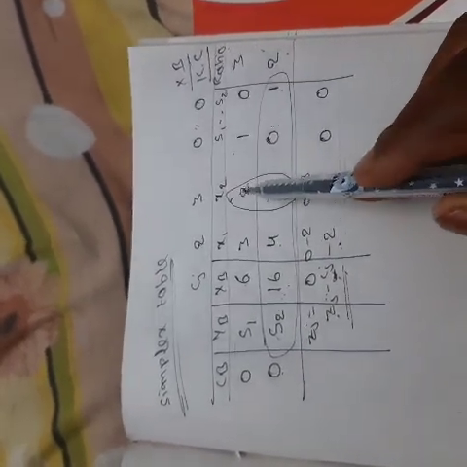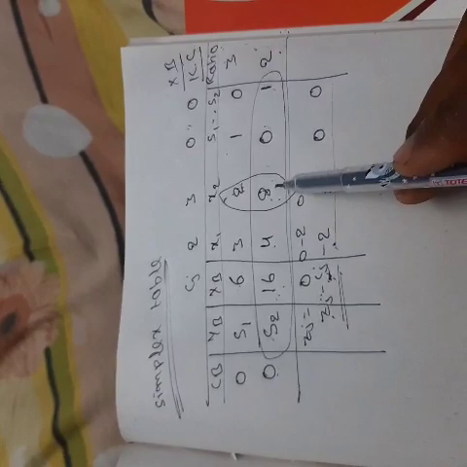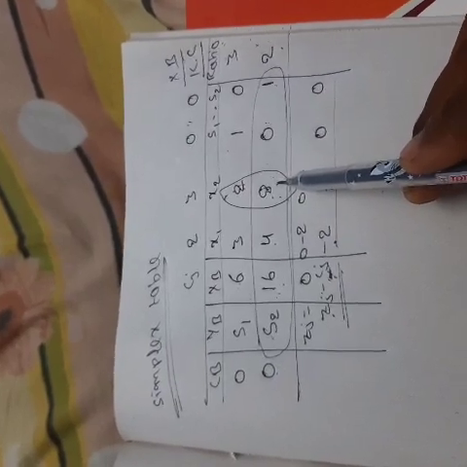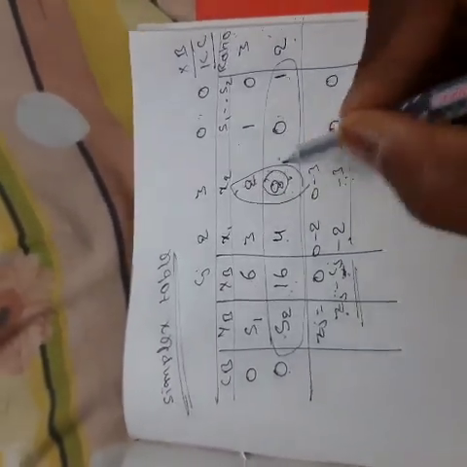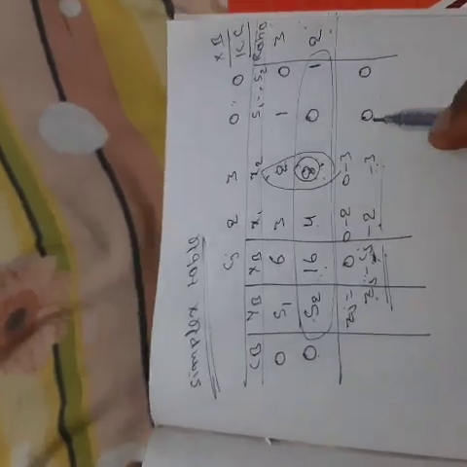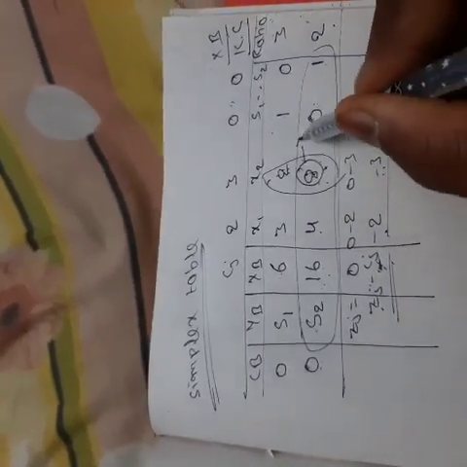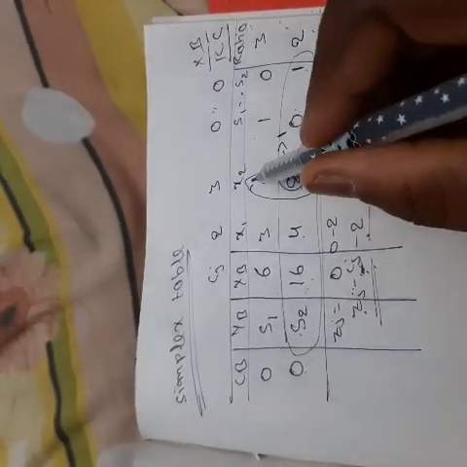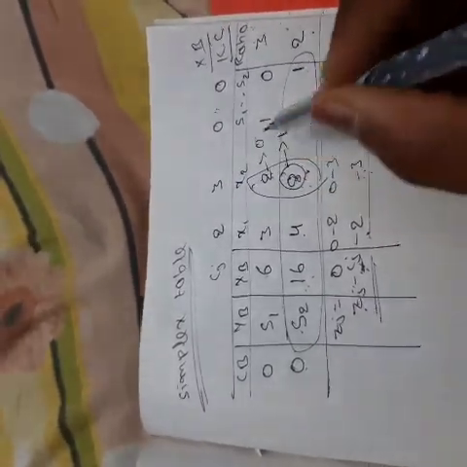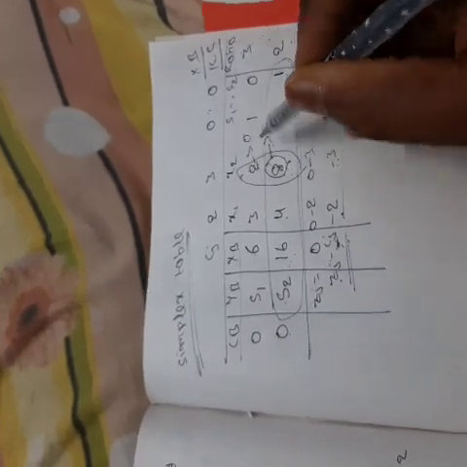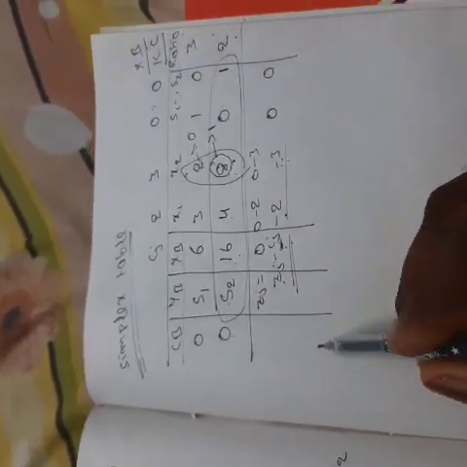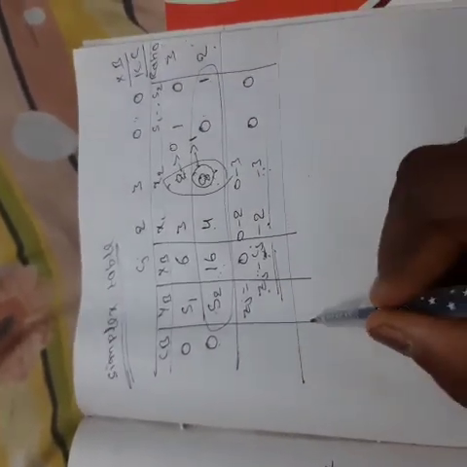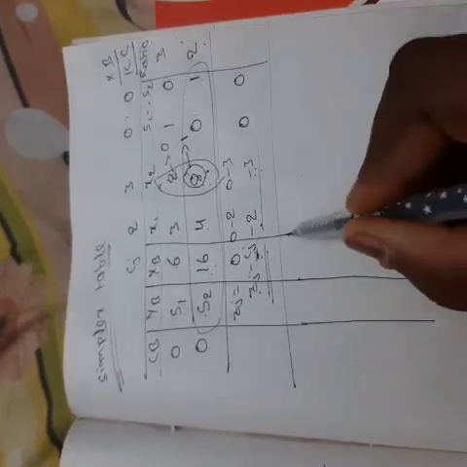Where the key column and key row intersect, that element is called the key element. Based on the principle, you have to make this key element 1 and the remaining values in the key column 0. That means you have to convert the 2 into 0 and 8 into 1. How do we convert? Let us calculate this one. You can just drag the lines like this.